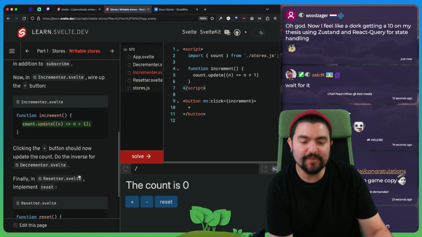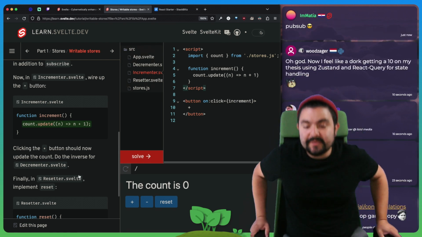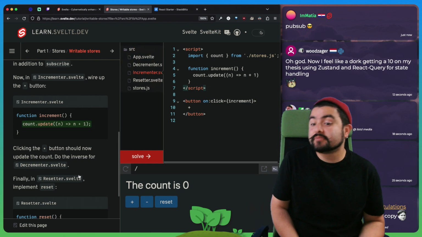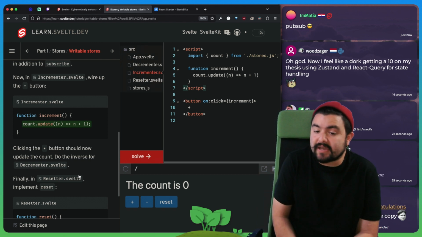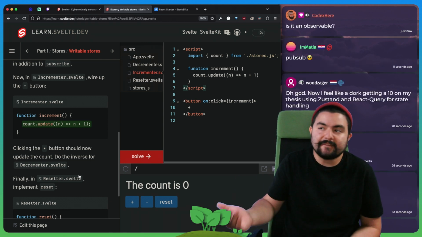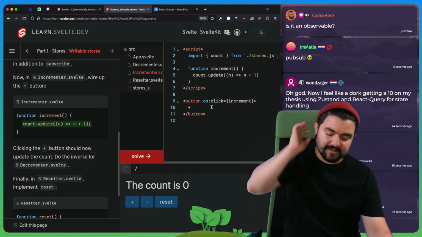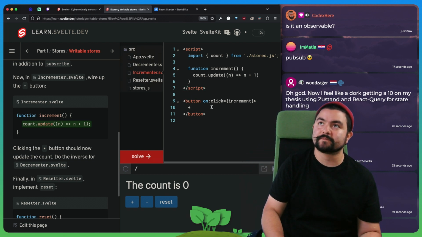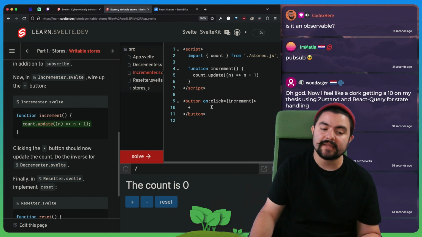Yeah. Well, don't feel like a dork. I think the thing is, if you're going to be trying to find a job straight out of college, a lot of places use React. So to say that you have experience with Zustand and React Query, I think that's great, right? I think that's the other thing, and I guess I haven't even touched on that today: I'm being very critical of React today and comparing it to Svelte, but